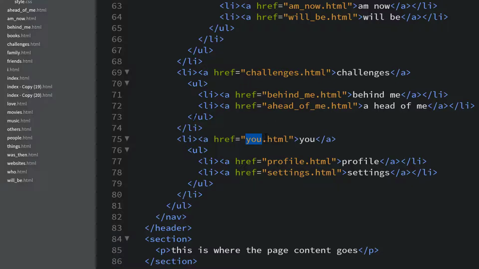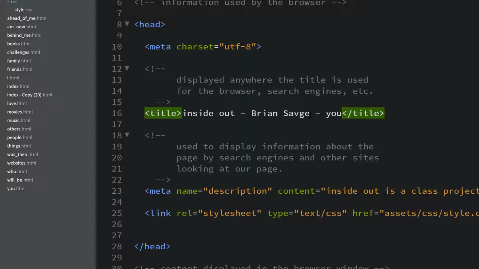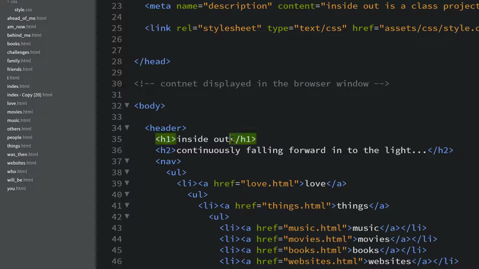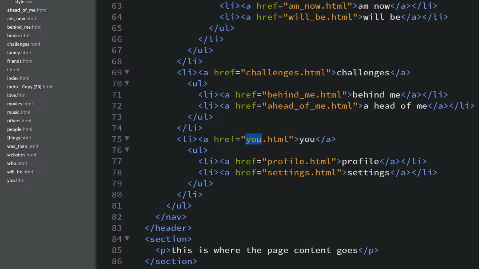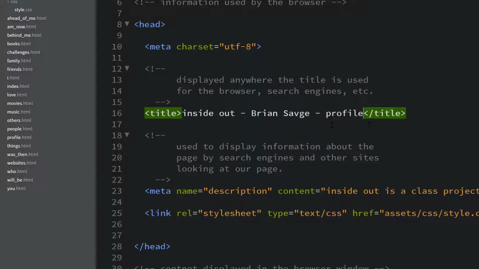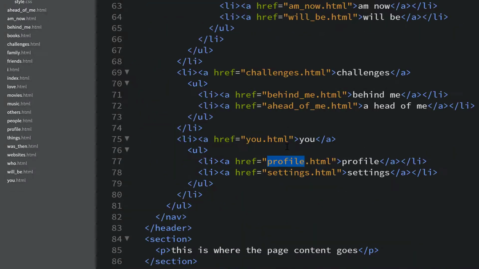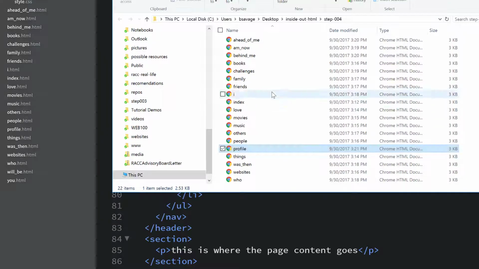Now we're going to go down to you. Take our copy, you, save window, profile, and settings are left. Looks like we need one more page. We didn't copy quite enough. So finish this one out. Profile. We'll save it, we'll close it, and then we'll go back out to our step 4 folder, which if